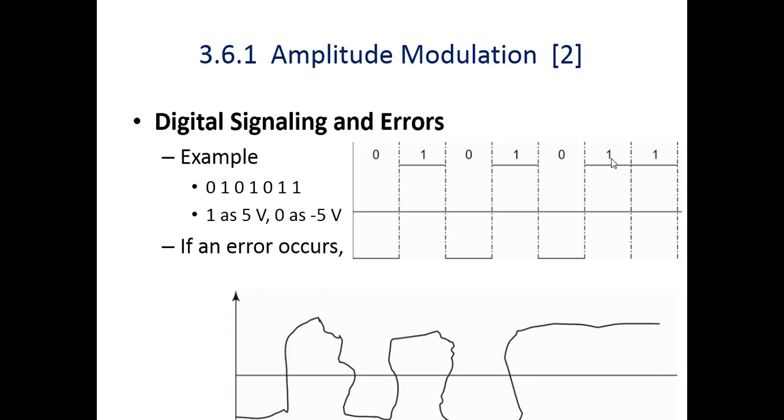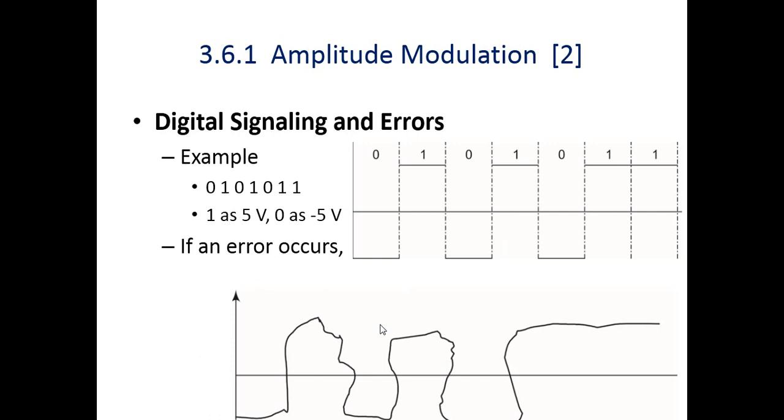Suppose after traveling some distance, during the data transmission, this has error or noise, then the original data or wave converts into this resultant output with noise. So 0 is now converted with noise like this. The second element is 1, and 1 is converted in this fashion. 0 is converted in this one with noise. So this is the original data and this is the resultant data with noise.